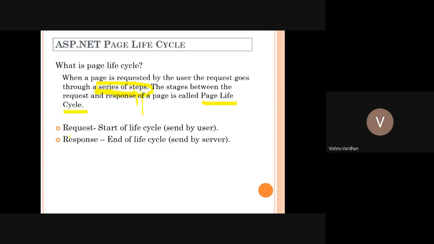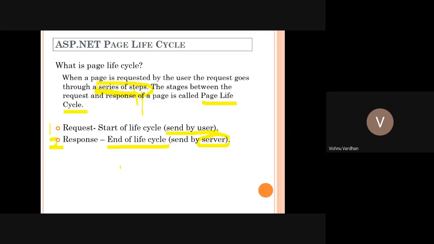Okay, in simple terms, the first one is the request. The request starts the life cycle of the page, and it is generally sent by the user. The second one is the response, which ends that life cycle, and this response is generally sent by the server. In that way, you can have a clear distinction between request and response.